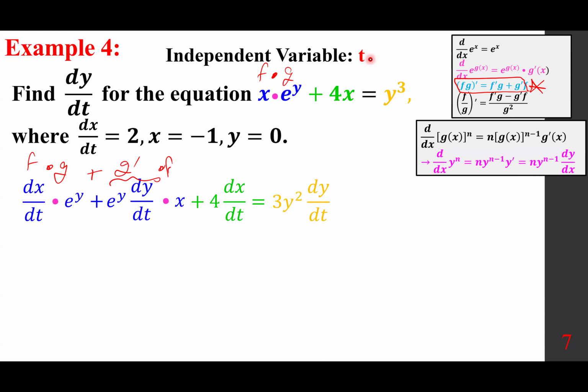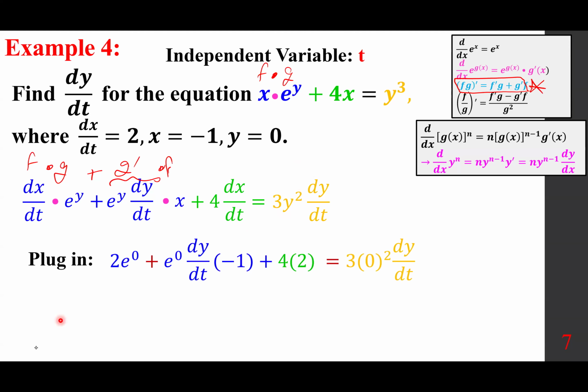And we're done. We can solve for dy dt, or we can plug in. So I'm going to just plug in. So dx dt is replaced with 2, e to the power of 0 plus e to the power of 0. Dy dt is missing. X is negative 1. 4 times dx dt is 2. 3 times y is 0, 0 squared times dy dt. So just plug in, and obviously